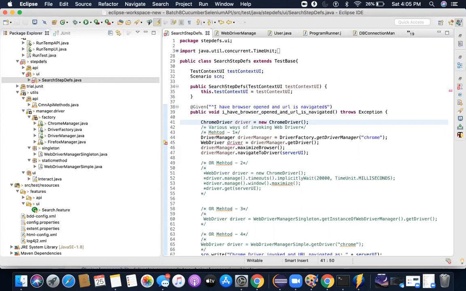For example, you want to create XML at runtime. You want to create a JSON at runtime, right? Many times, let's say you are doing a database validation. What you have to do is create an XML, insert that XML in the database, and then go to the web browser and validate that whatever information you have inserted is coming properly onto the UI. Now these kind of scenarios, if you're not implementing the proper design patterns, it becomes difficult for you to scale it up. Right.